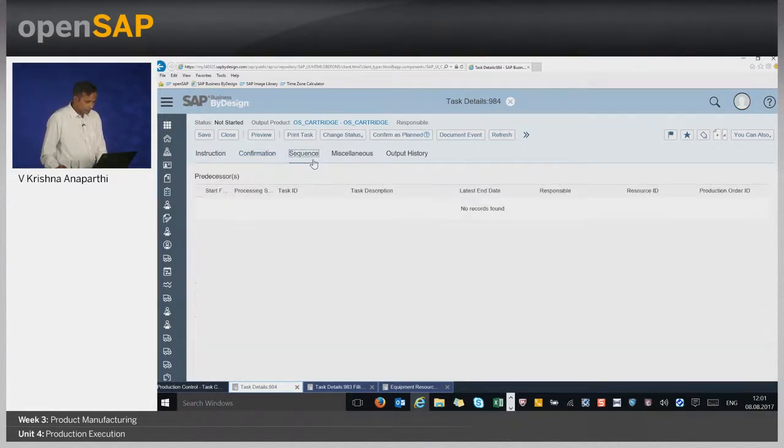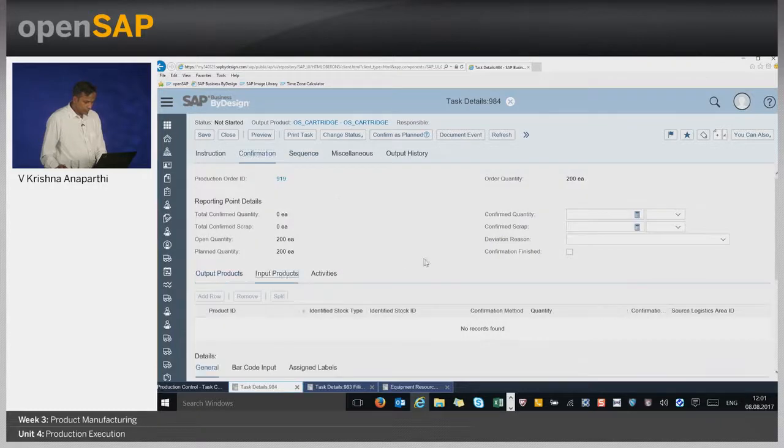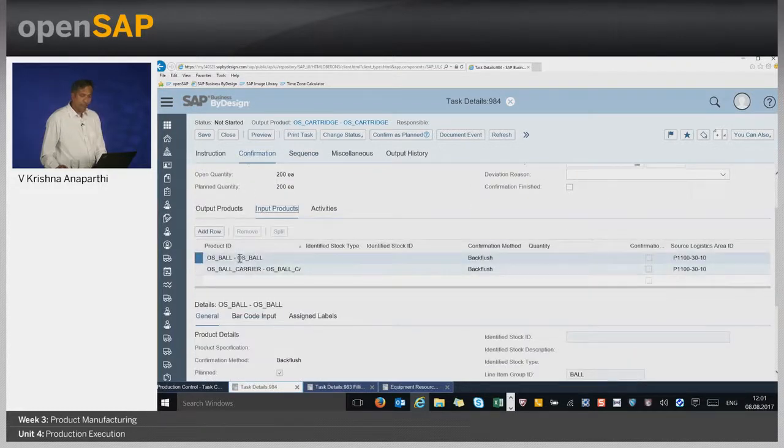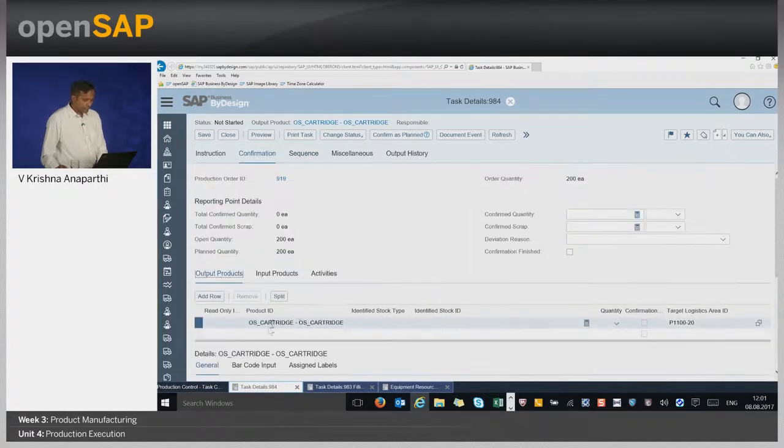Okay. So let me just go to the input products. See that there are input products of ball and ball carrier, and there is an output product for the cartridge. Let me say that I am actually going to build only 150 units. Okay. And it so happened that during the course of production, I lost 50 units. It can happen, right? I might be losing some product, and if I lose something, I can actually capture it